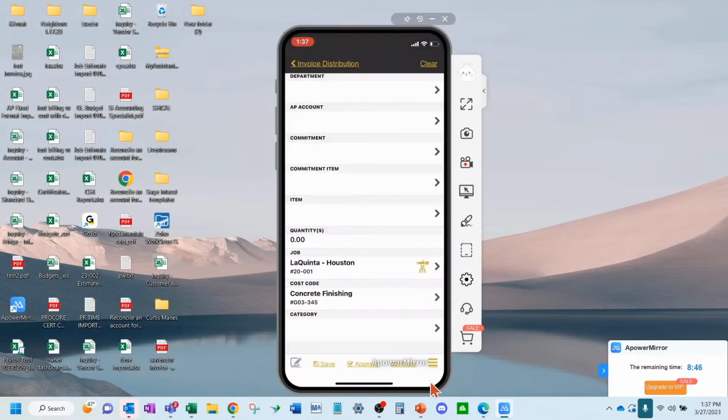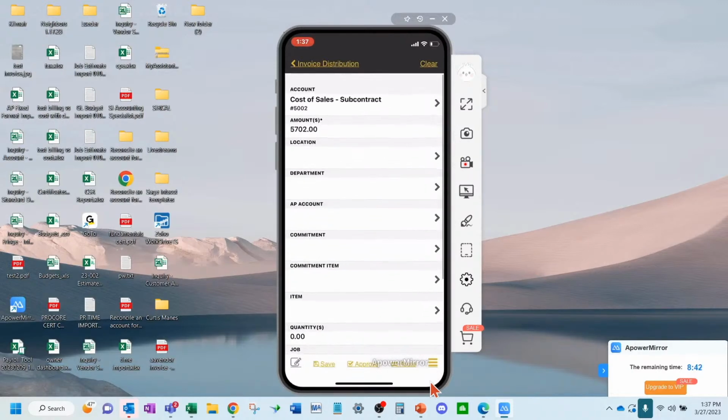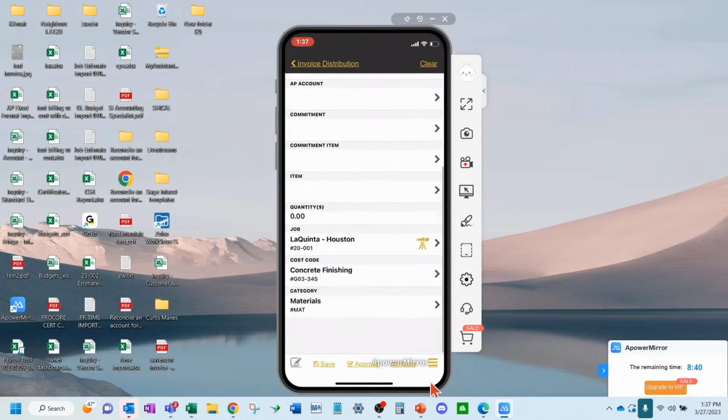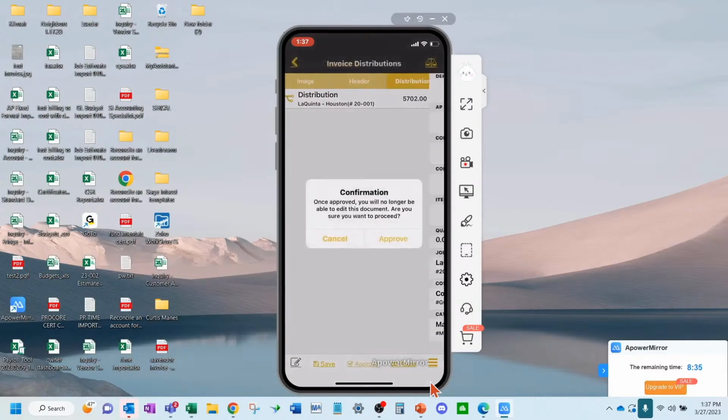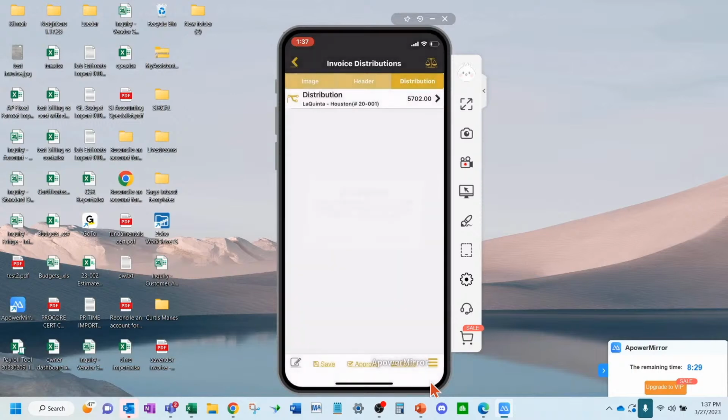I can come in here and pick my information and any other information up here. Okay, so let's say I like it, I can approve it, and it's giving me a message I can no longer edit it once I approve it. And it is back in a way to final approval back in the accounts payable Sally's queue inside of HH2.